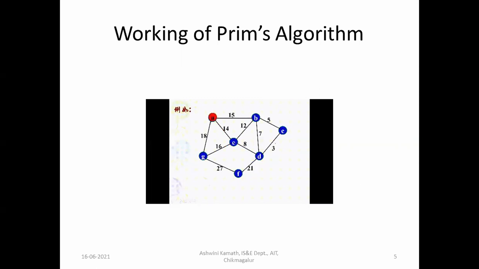Like this, from the connected vertices, from the adjacent vertices, it will select the one with the minimum cost value. You can notice here, A to E is selected. Okay, from E again, it will check, E to D will be selected. From D, it will check, D to C will be selected. Then C to B will be selected. Okay, then E to G will be selected. Then D to F will be selected. So it's a spanning tree. So I hope you understood this concept. This is the working procedure of Prim's algorithm.